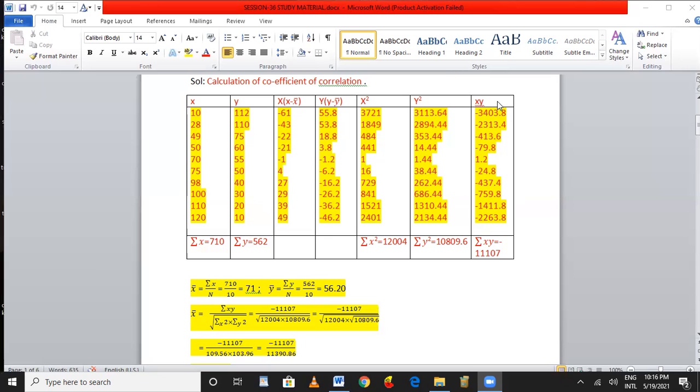All the positive values have to be added and the negative values have to be added,